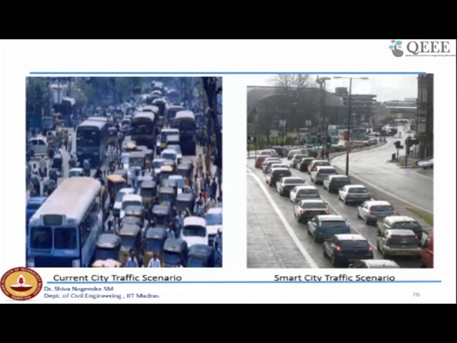So in a nutshell, I would like to summarize. You need to characterize the emissions contributed by different sources. You need to identify the key pollutants that are contributing emissions. Then you need to look at what control technology is available in order to reduce these emissions at source. Then you look at how to use models in order to design some of the policies for controlling